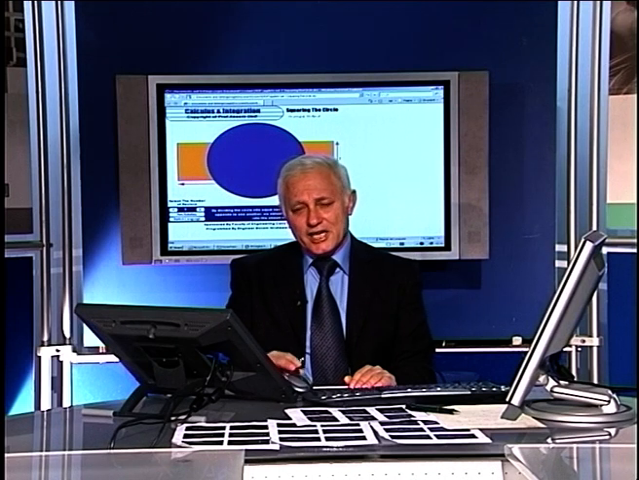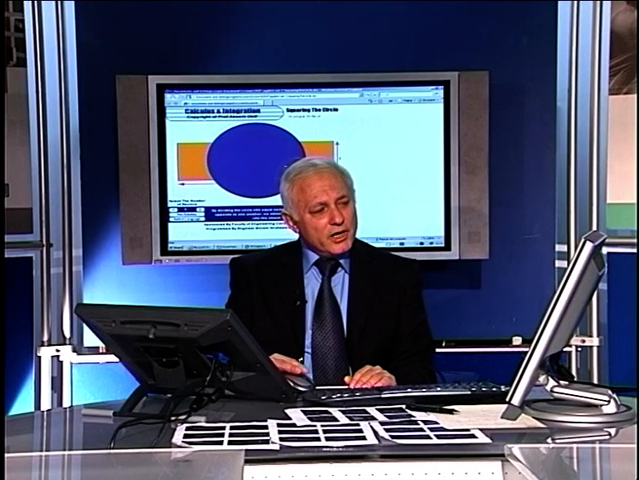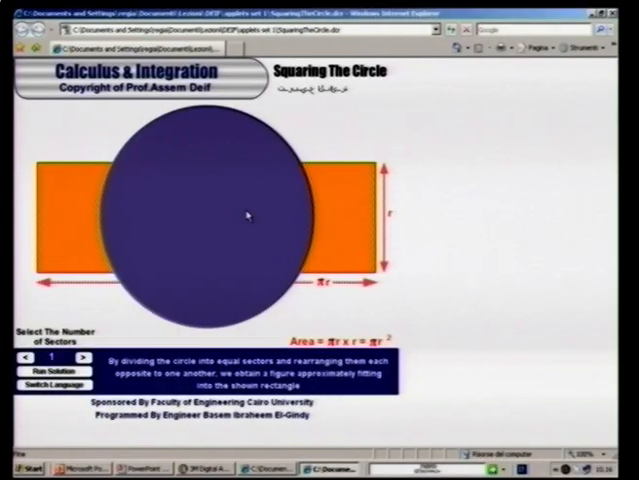For example, the ancient Egyptians, the Sumerians, the Babylonians, they knew it, but not precisely as the mathematicians introduced it in the late 18th century. Now, this is a circle, and I wish to calculate the area